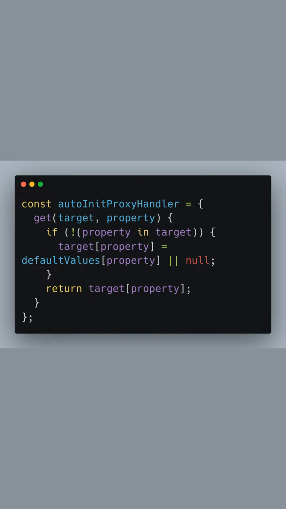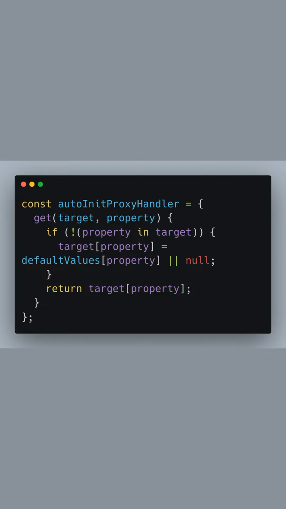Next, we define the auto-init proxy handler. This is an object that handles interactions with the proxy. We specify a get trap, which intercepts property accesses. Inside this trap, we check whether the accessed property exists on the target object. If it does not exist, we initialize it with a value from default values or null if there is no